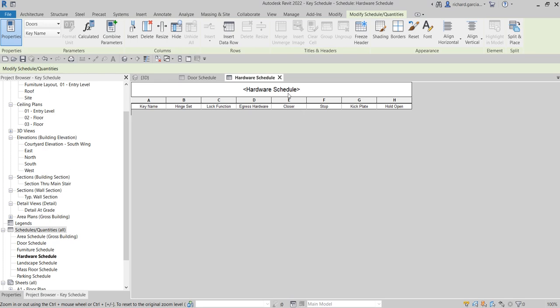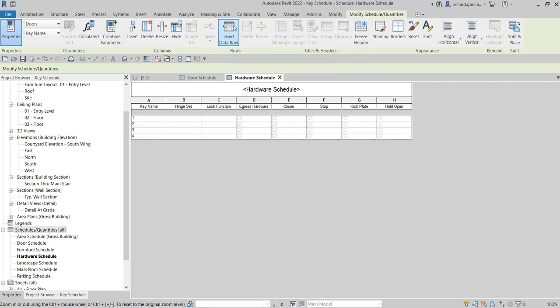Now the next thing that I'm going to do is add rows here, because of course there are no rows here. So let's say I want to create 4 key names. To make it simple, I'm just going to call them 1, 2, 3, 4. So I'm going to insert data row, click 1, 2, 3, 4. Of course, you can specify the key name for this, but for simplicity, I'll just call it 1,